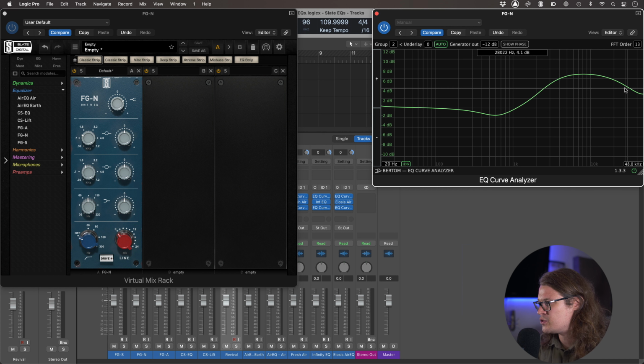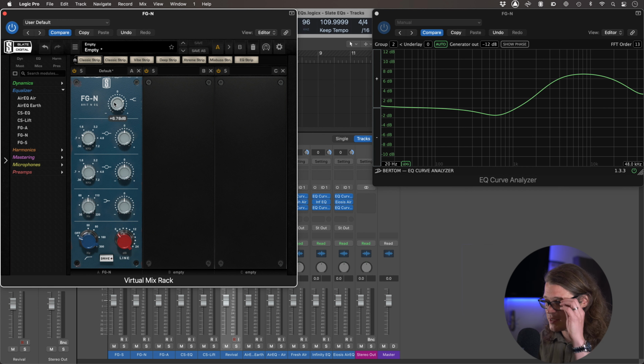If we go up to 20 Hertz, then it's still up at, yeah, kind of 6 dB. And where have we got it? Yeah, 6.78. So that's as true to a shelf as you kind of expect to see. Onto the FGA then. Now this has a few buttons that we can press in to kind of change the